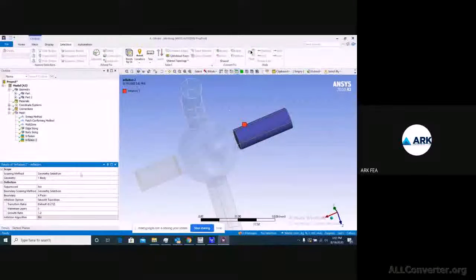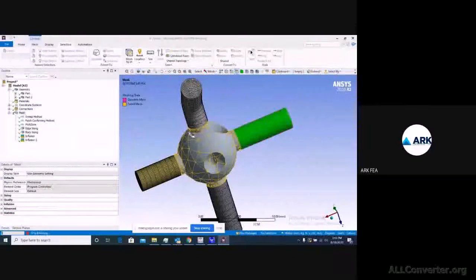This is the part where we are going to define it, and you can change this inflation option to total thickness, and you can define your minimum size for this. Then you can check with generate mesh. For the earlier one also we can change this total thickness inflation option, then we'll be able to get that one.